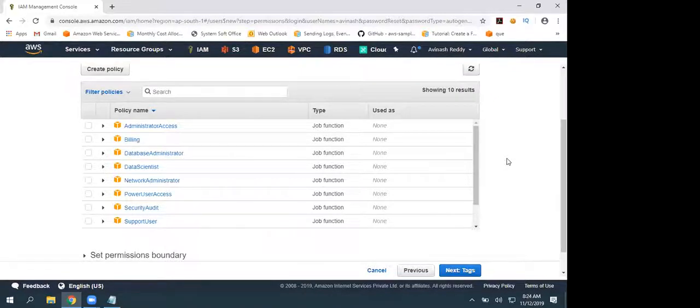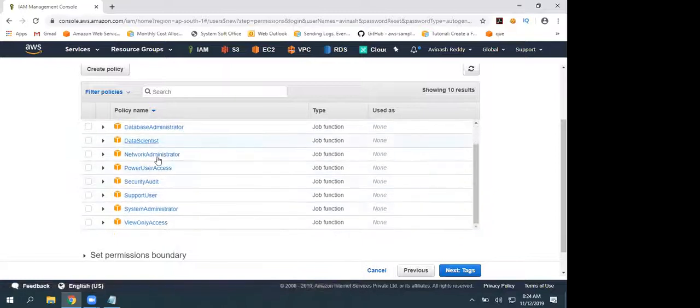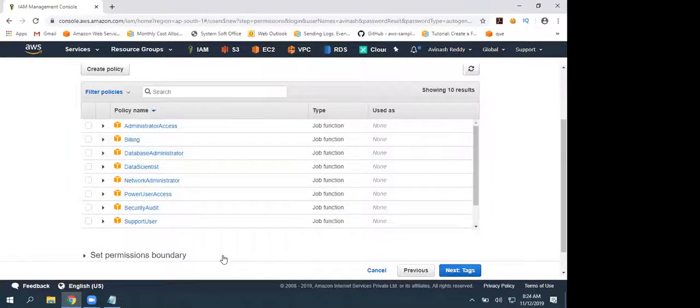Okay, if you have a developer, he may need access on all these services. If he is a database administrator, he may need access on all these services. If he is a power user, a network administrator or support user, he may need access on all these services. Intelligently, they have given that. If he is a data scientist, yes.